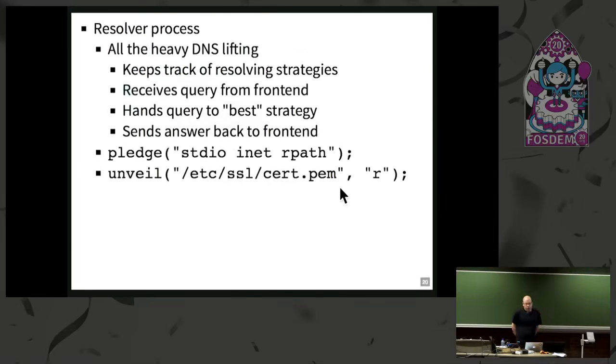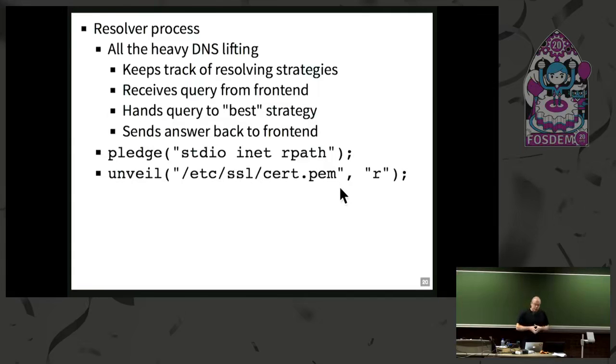And the final process is where we do all our heavy lifting for DNS. This part needs to keep track of various resolving strategies. I'm going to talk later about what those are. It receives a query from the front-end process, finds the best strategy to get this resolved, and when an answer comes back, it passes this back to the front end. And since this one does all the DNS resolving, eventually it needs to talk to the internet, so it has the inet pledge in there, which basically means you're allowed to open a socket and talk to the internet,